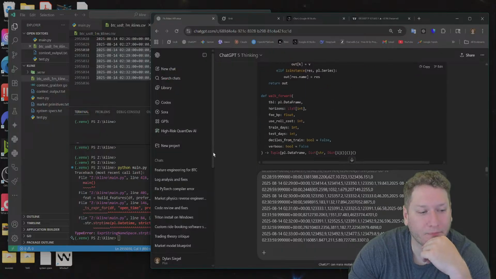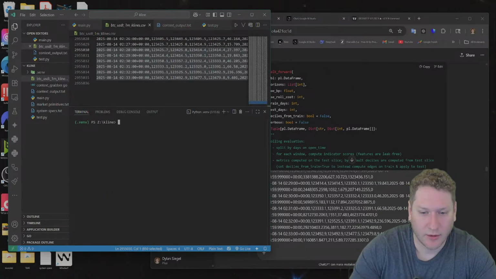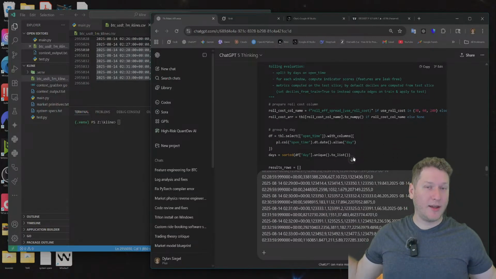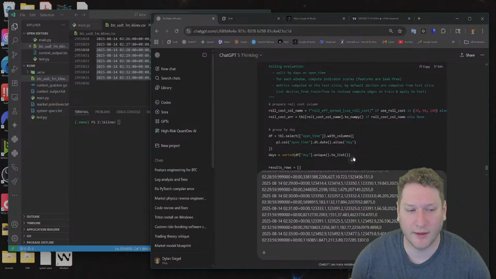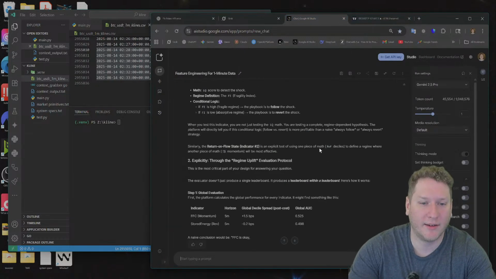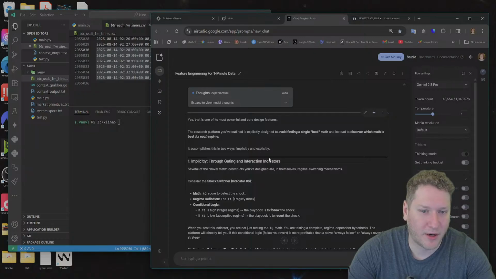But yeah, we'll get this going here for everyone. And then I'm gonna share what the results are. We'll see which math does best for which regime. And that's kind of what I want to know, because yes, this is one of the most powerful and core design features.